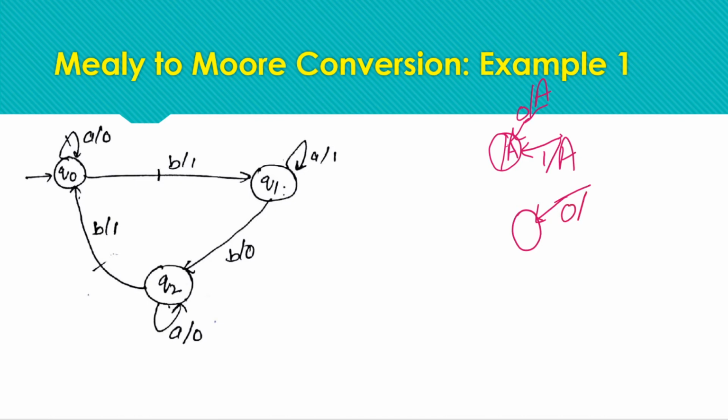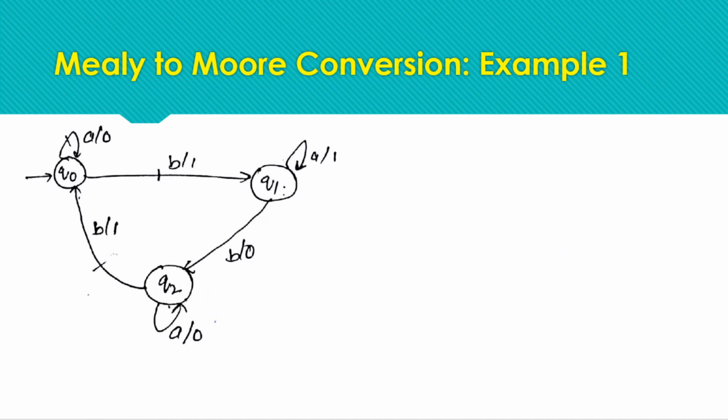For this equivalent Moore machine, we just need to write that output on the transition for the incoming to that state, meaning the output of this state is written on all the transitions incoming to this state. Okay, and we are getting the Mealy machine. Okay, but in case of Mealy